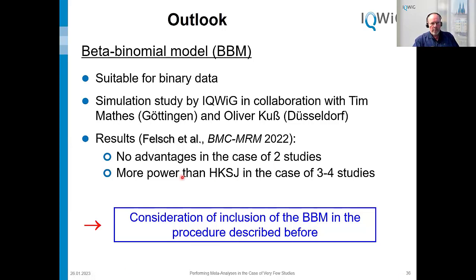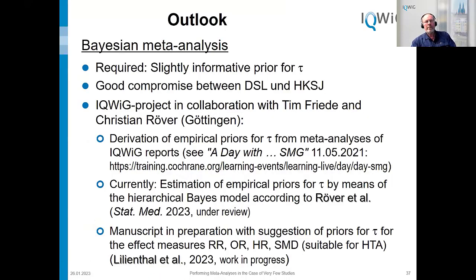So it has a little bit more power, but not in a dramatic way that it solves all the problems. So we have to look for alternative methods, and another promising method is that of Bayesian meta-analysis. The usual way to do Bayesian methods would be to use non-informative priors, but in this case you have the same problems as before, namely in the case of 3, 4